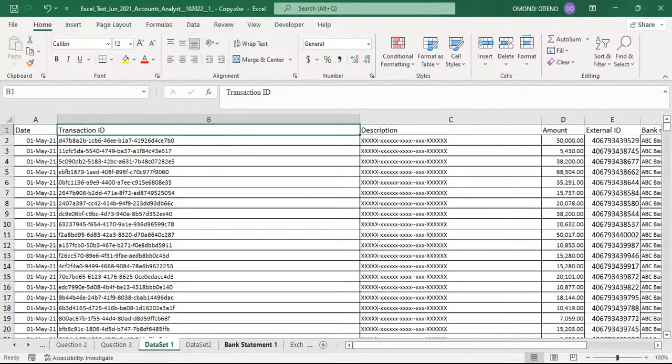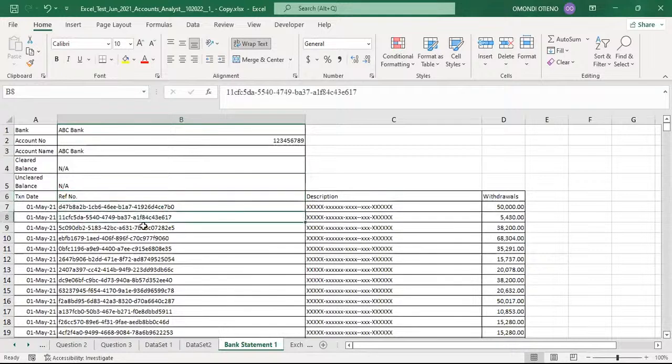If I come to dataset 2, these codes here are the same, but they are now given a different name, which is reference number. So the transaction ID and reference number represent the same thing in this information. Therefore, we are going to apply this as our identity key using VLOOKUP to reconcile these lists. These lists can be different, and the difference may be caused by